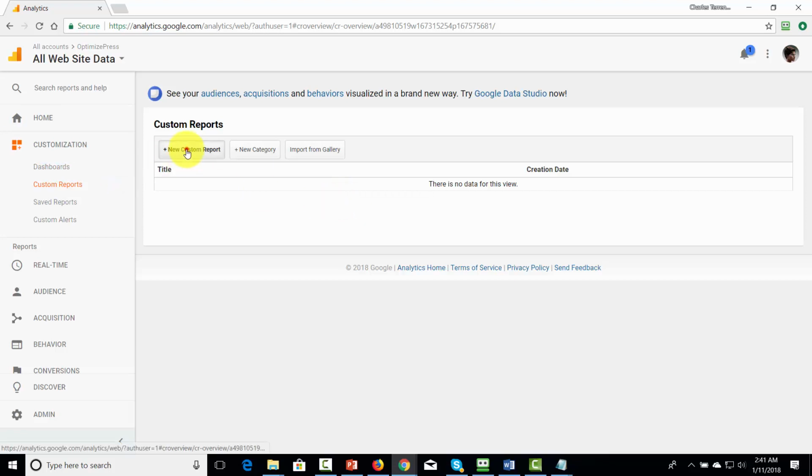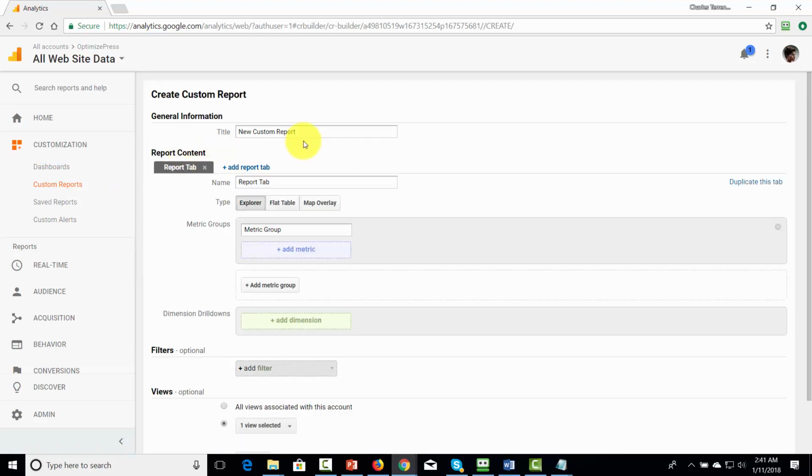To do that, we're going to click New Custom Report. We're going to give our report a title. We do that, we're just going to have one report tab, and we're going to use the Explorer type report. Now we are going to add several metrics. Now we're going to call this metric group our goals group,